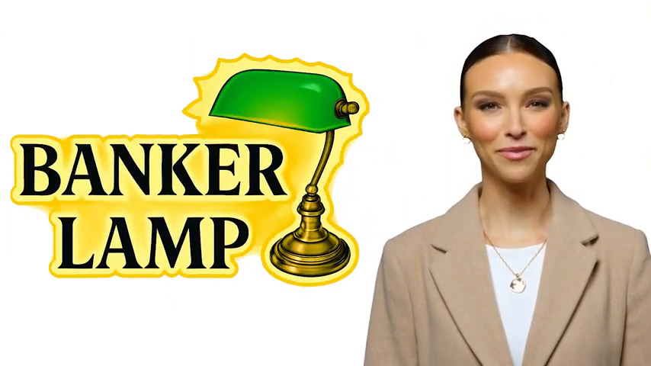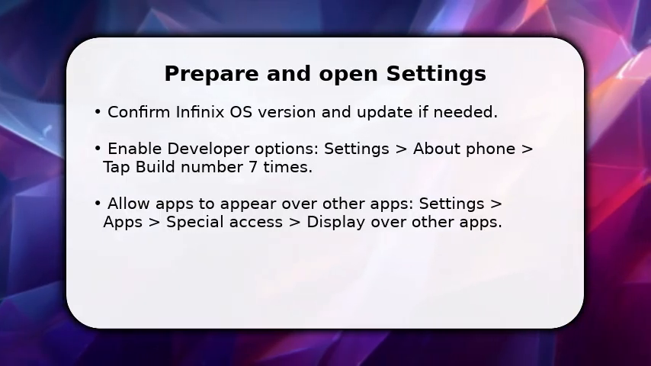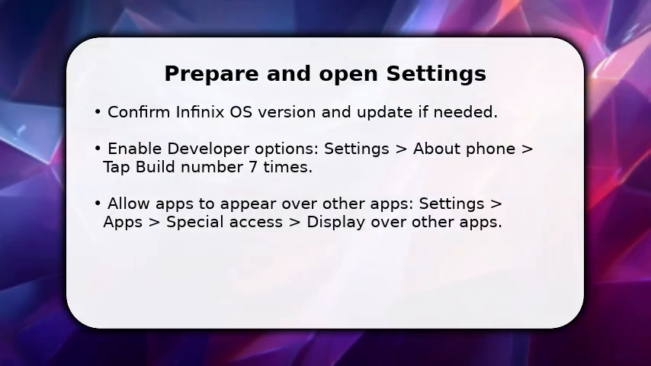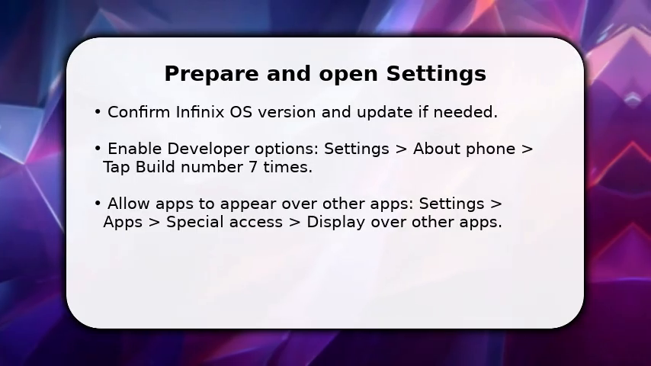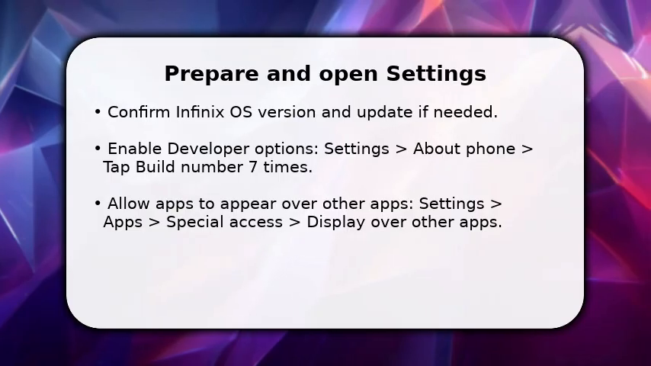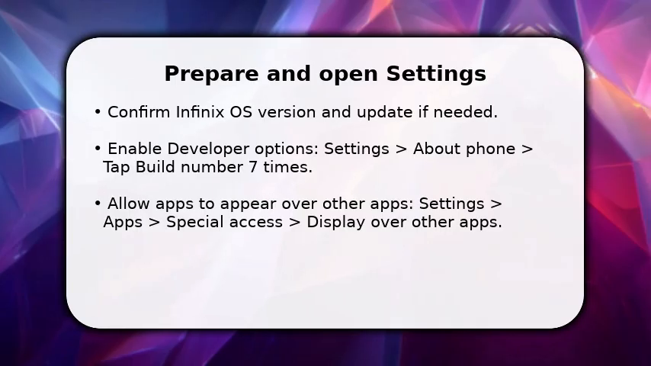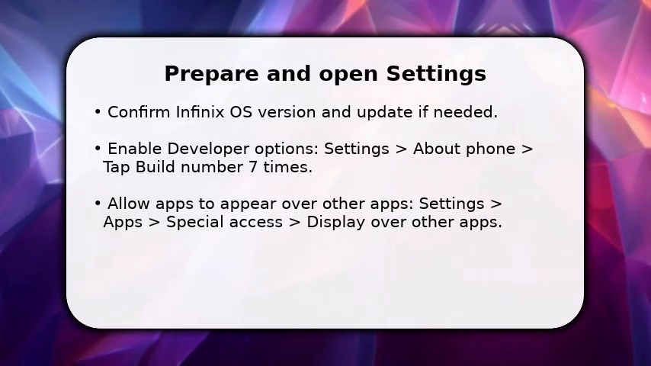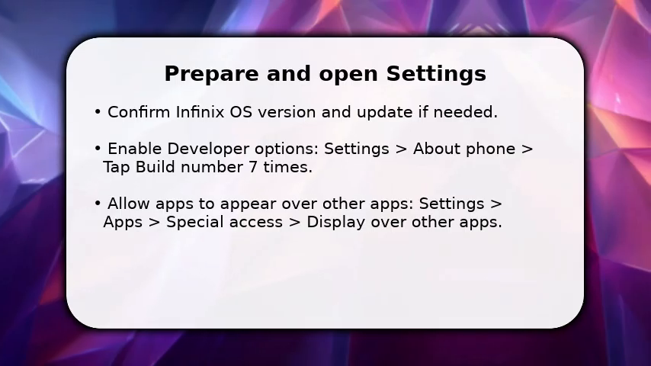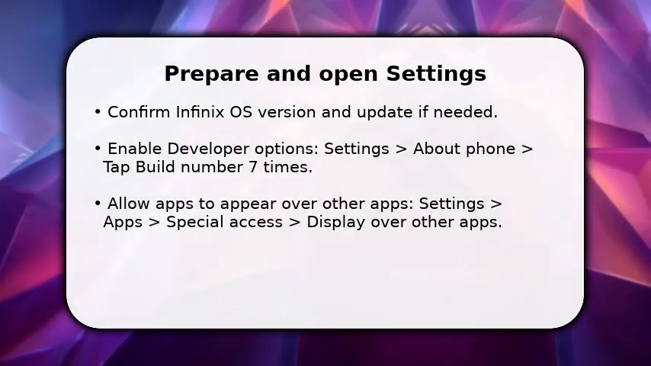Please enjoy the video. You start by confirming your Infinix software is up to date and unlocking developer options. This prevents hidden restrictions later. Once done, go straight to Apps, then Special Access, and enable display over other apps for the apps you plan to float. You're doing this to grant the window permission that Android enforces. Make sure to enable it for the target app now, so the floating window can appear when we configure it